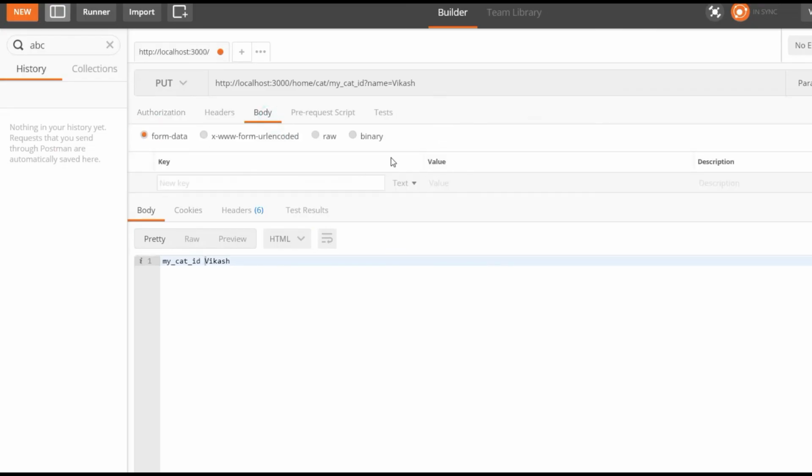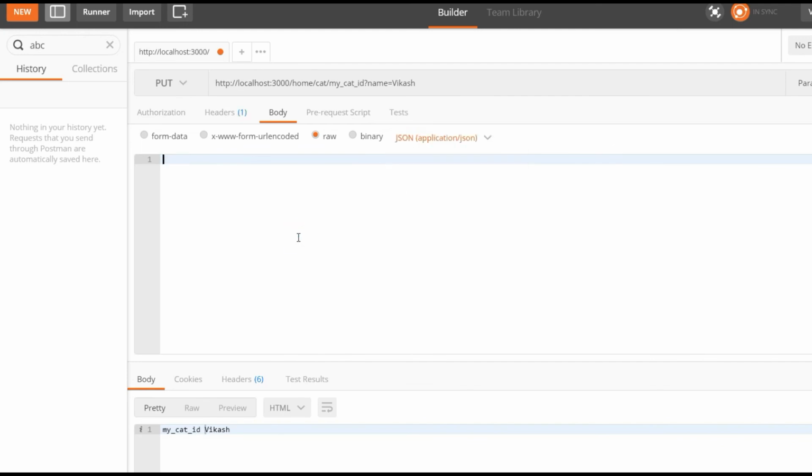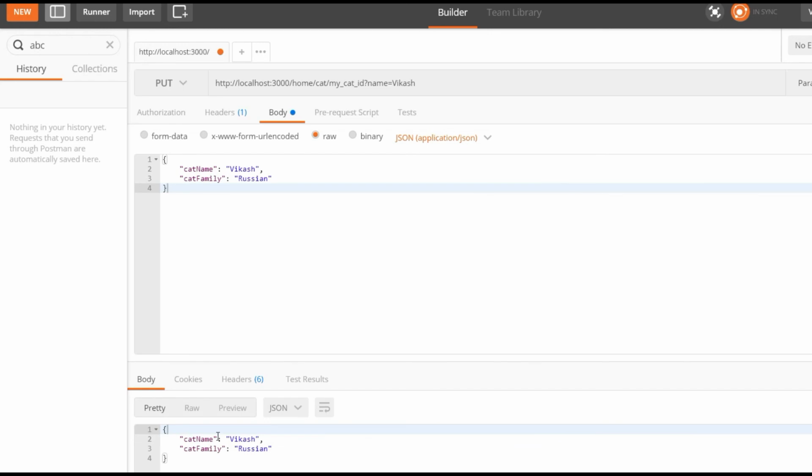So here in the body, I'll specify raw and JSON, and the cat name is, suppose, cat family session. Yeah, that's it. So I'm getting back the same body that I'm sending.